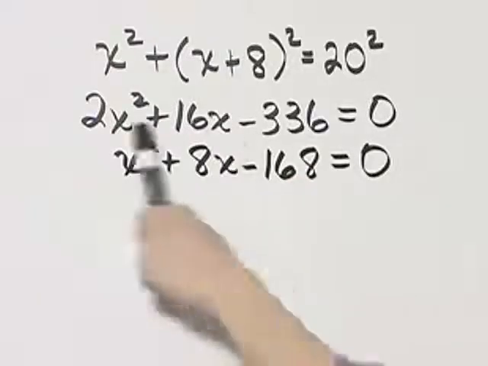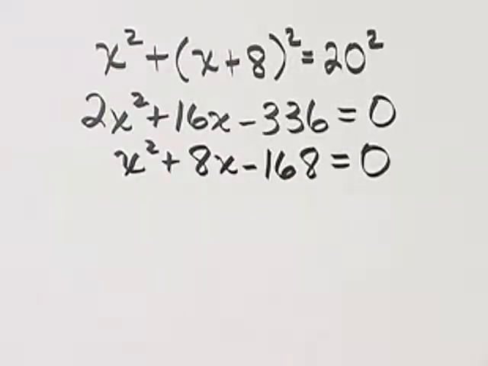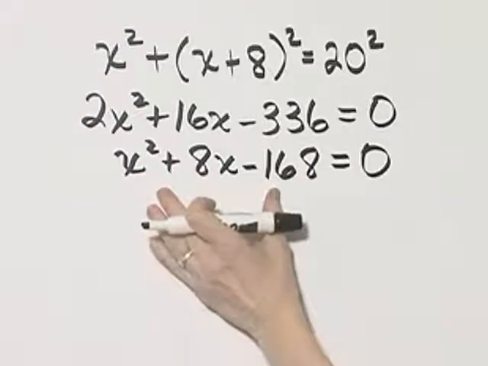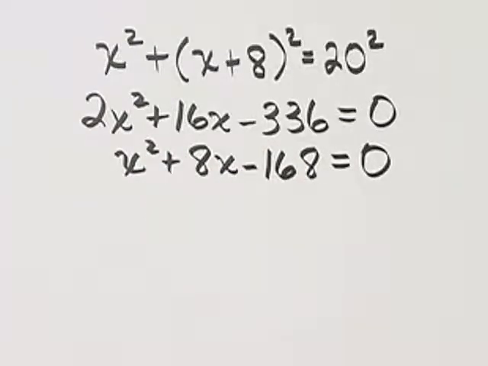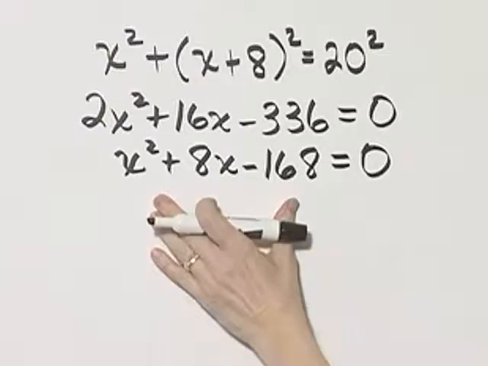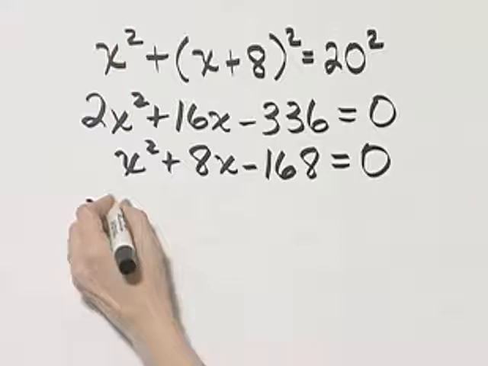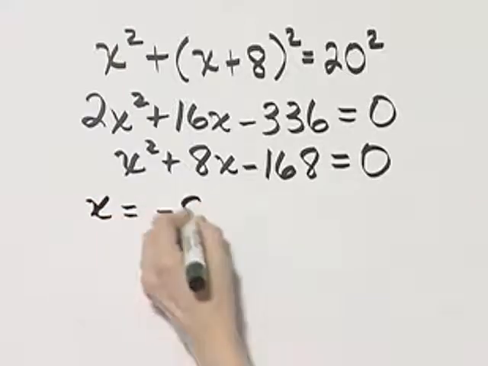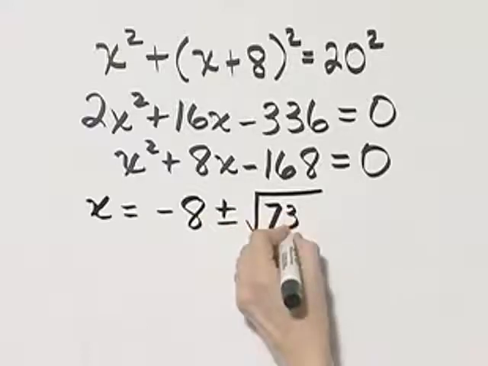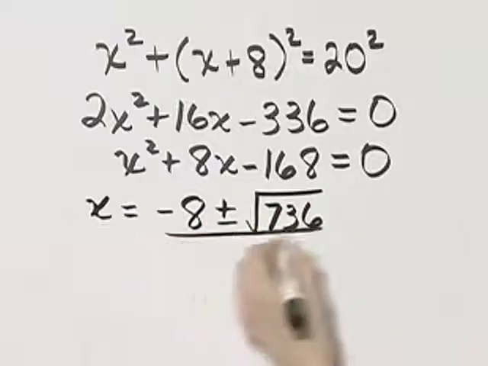You can use this equation or this equation and plug values into the quadratic formula. You'll get the same answers or proposed solutions. It's just that these numbers are smaller, so easier to deal with. Now, solve this quadratic equation by using the quadratic formula. You'll have that x is equal to negative 8 plus or minus the square root of 736, all over 2,